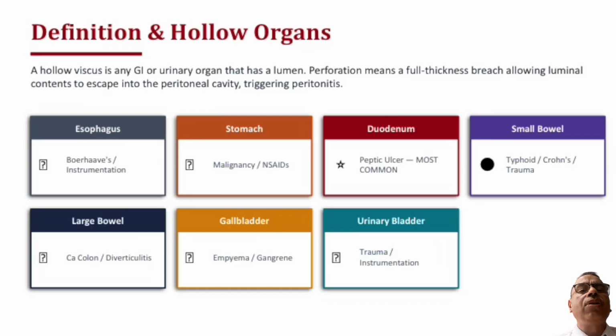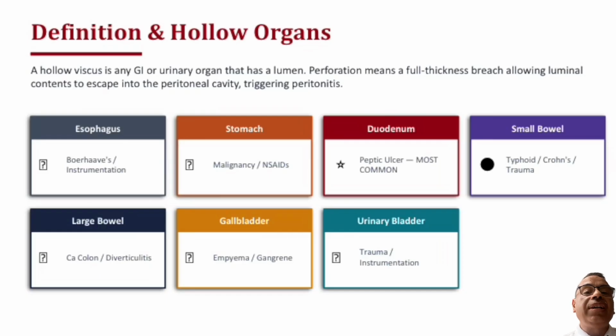Another very rare cause of esophageal perforation is Boerhaave syndrome. Now, what exactly is Boerhaave syndrome? Here there is an esophageal perforation, especially in the lower part of the esophagus on the left side, and this occurs because of a sudden increase in the intraluminal pressure within the esophagus. And why would this increase in intraluminal pressure occur? This would occur because there is a prolonged bout of intense retching and vomiting. This can occur following an alcohol binge or any other cause which can lead to prolonged forceful retching and